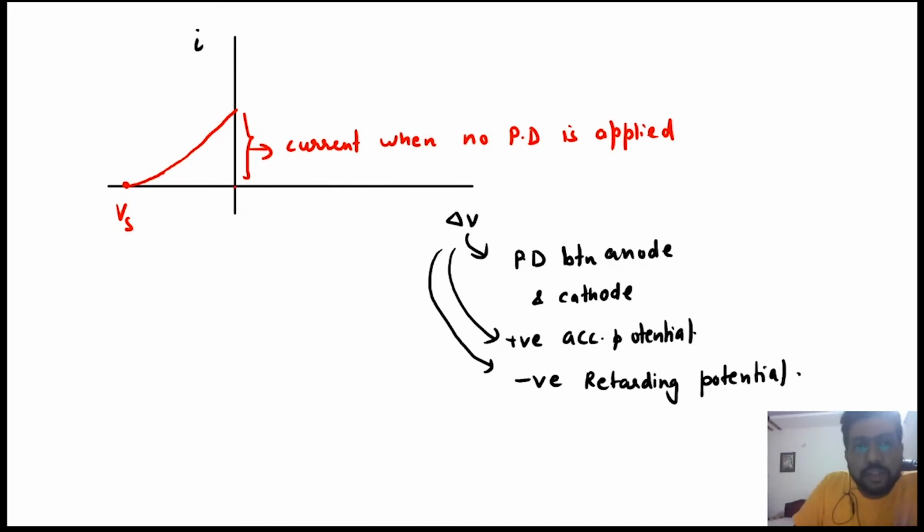Now you have reached zero potential difference. Now you come to accelerating potential difference. So now you are accelerating, that means the flow of electrons is increasing, that means the current is still increasing. But at one accelerating voltage, the current is not further increasing. That means you have now achieved saturation, IS. IS stands for saturation current.